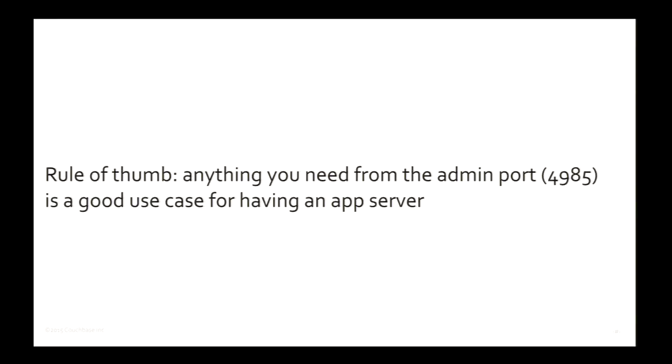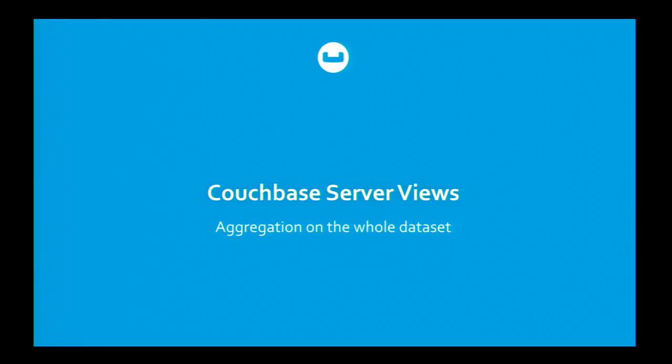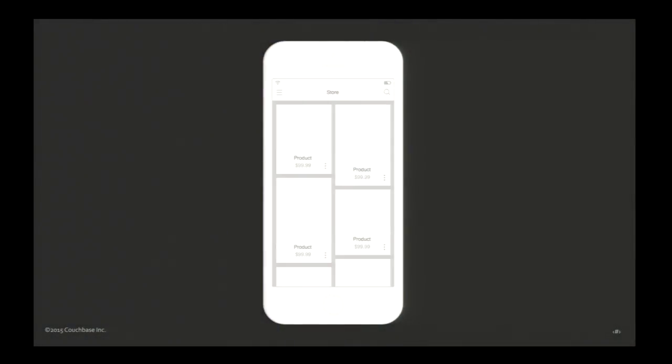Another one is Couchbase server views. So you can register Couchbase server views through Sync Gateway, which will display in the Couchbase server admin UI. For example, if you have a product catalog app, you might have hundreds of thousands of documents indexed in that view, and you don't want to put them all in a channel and have everybody sync all those documents. It would be a really long time before they can actually scroll because probably the phone is